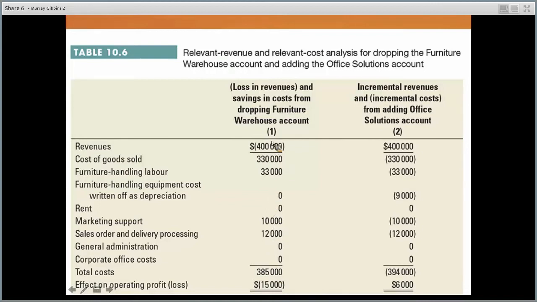But it looks like when we've analysed how much revenue we're going to lose and the costs, if we dropped Furniture Warehouse, the effect on operating profit